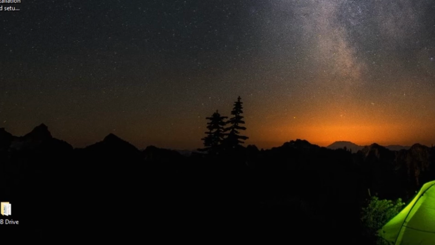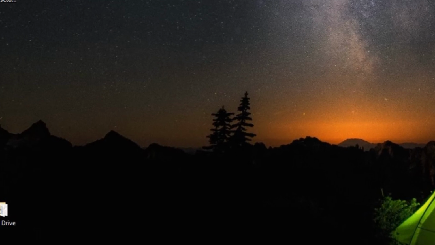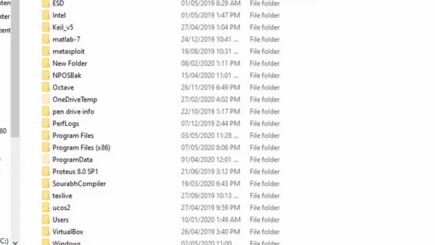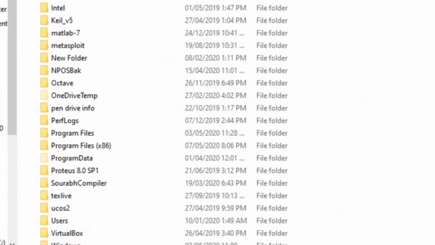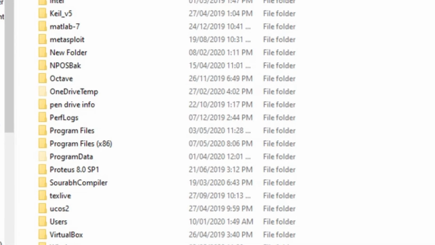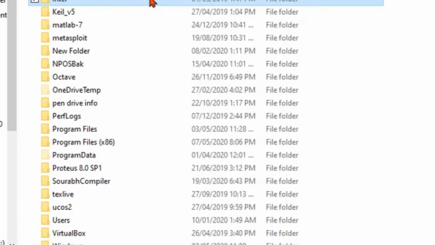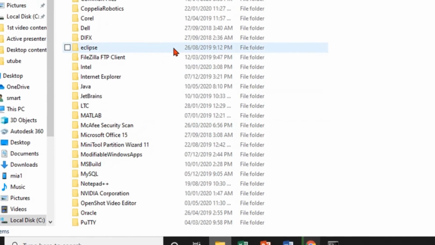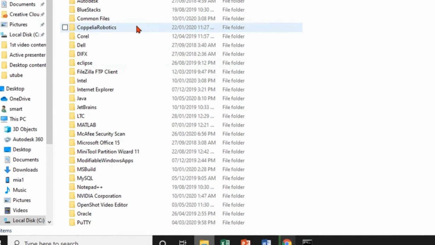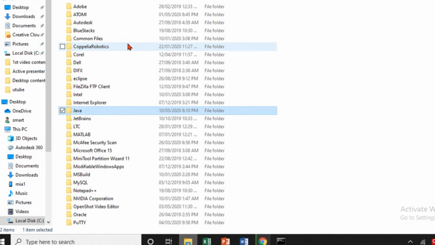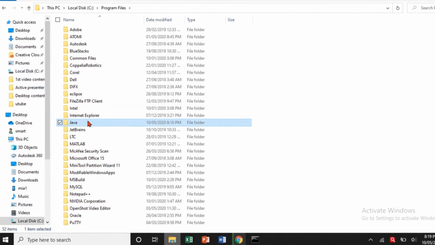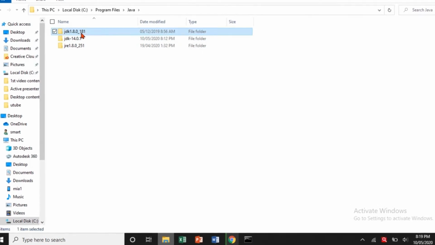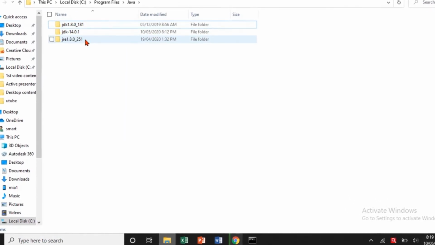Done guys? Okay, great. Now to set up the path, go to C drive. It is damn easy. Then go to Program Files and search for the Java folder. Here it is. Open it, and here you can see JDK and JRE, both are present.